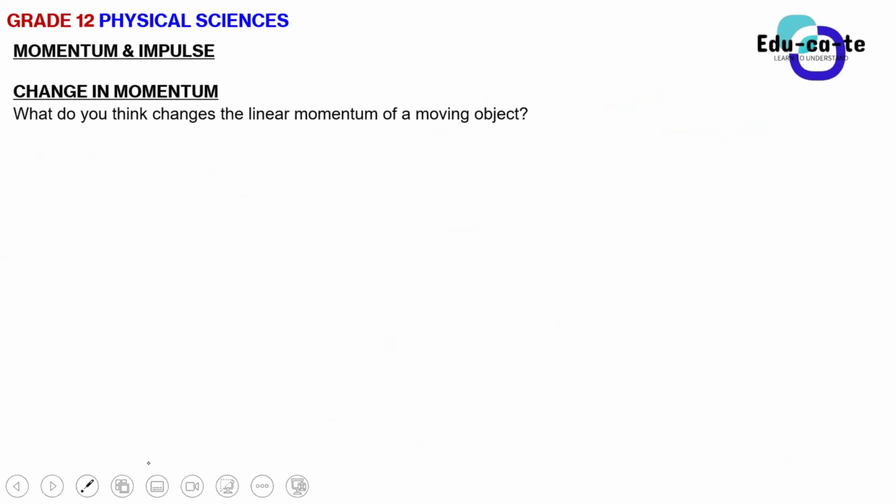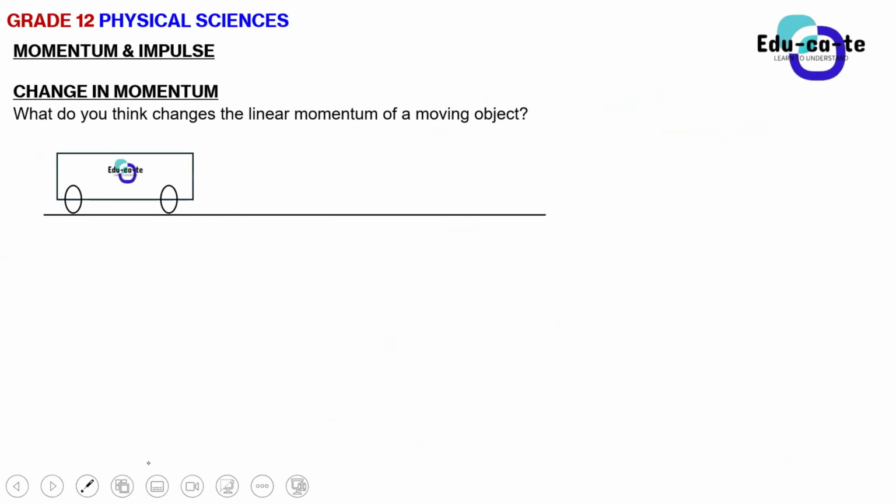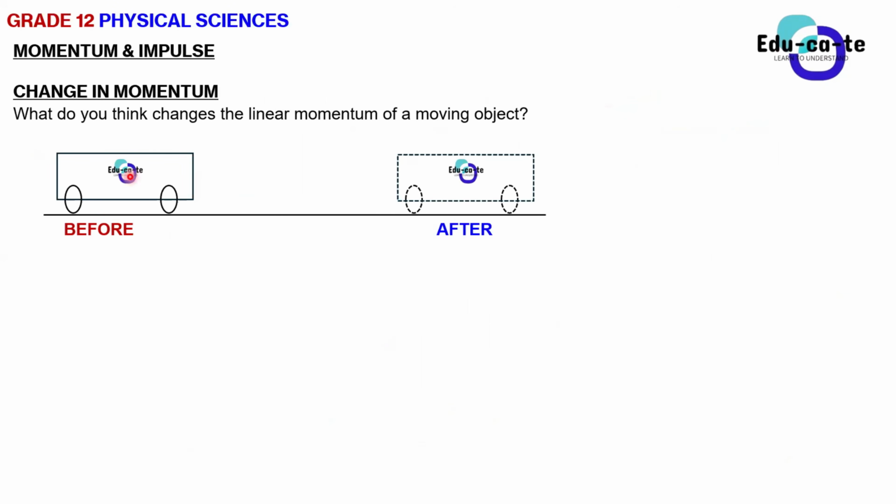Guess what? Momentum can change, guys. It is not always the same thing. The momentum of an object can change. What do you think can change the momentum of an object if it moves, let's just say, from point A to point B? So the velocity can change the momentum. Okay, Orifa says the velocity can change the momentum. Do you guys agree with her?